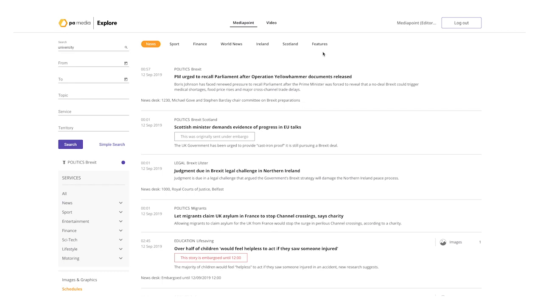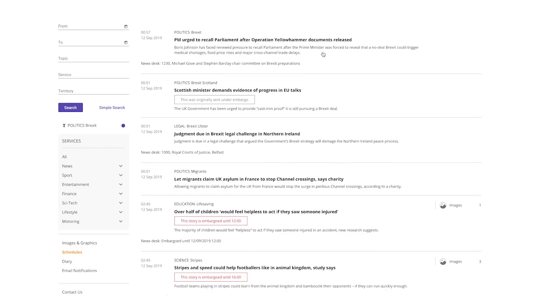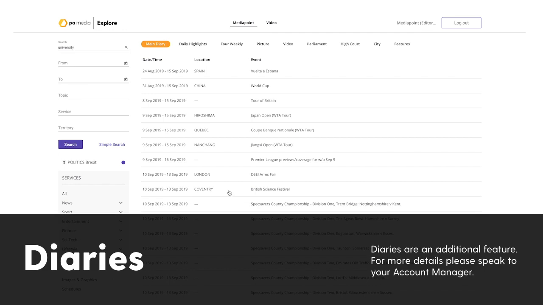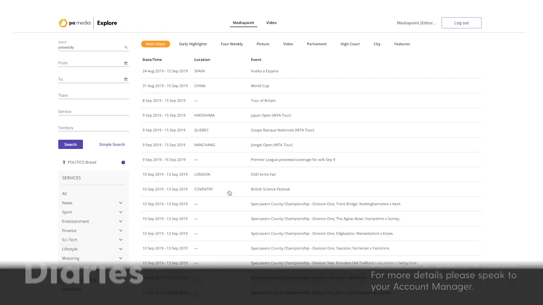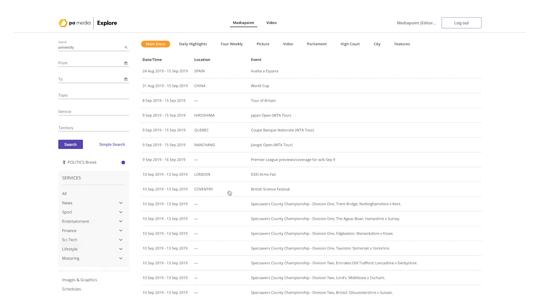Moving on to our diaries. If you have the entitlement to view our main diary, you will be able to access our fully interactive diary of events. This is updated throughout the day as and when an event is submitted. This provides an insight into the biggest stories that our journalists will be covering. If you click into an event,